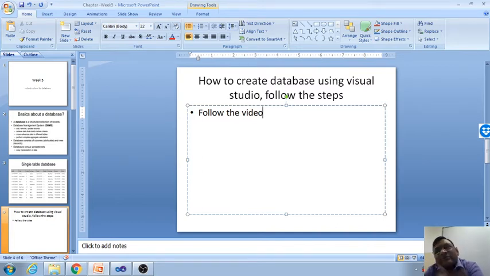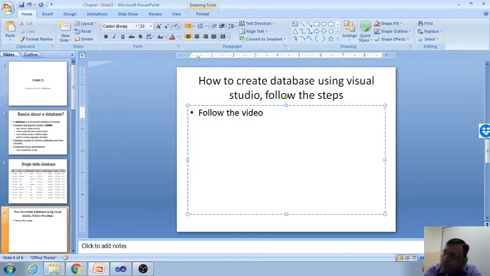We have different types of databases available, but in this course we are going to use SQL Server. Now the question is coming, might be someone is thinking, why do we use SQL Server, why can't we use Oracle? Actually we can use Oracle, but the thing is SQL Server and ASP.NET are products of Microsoft.